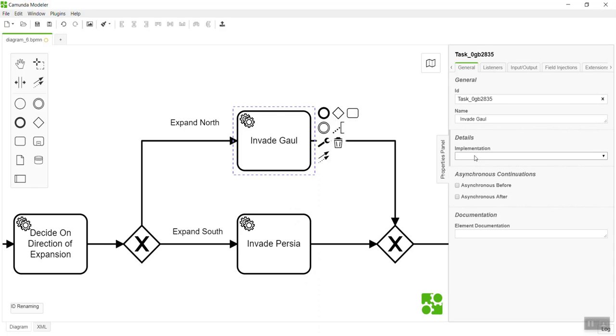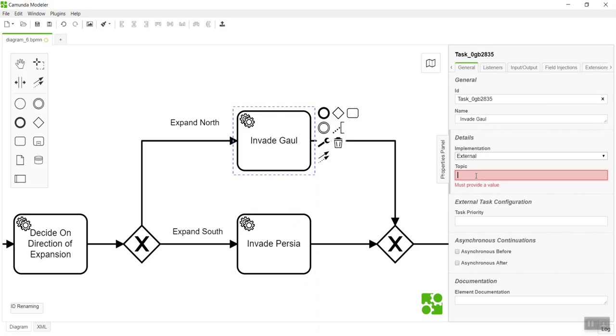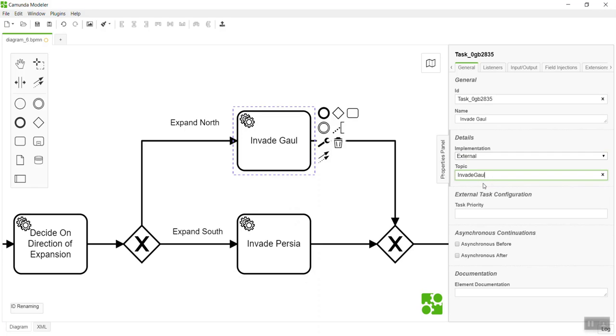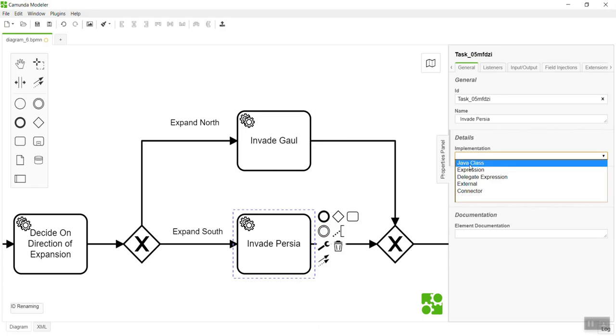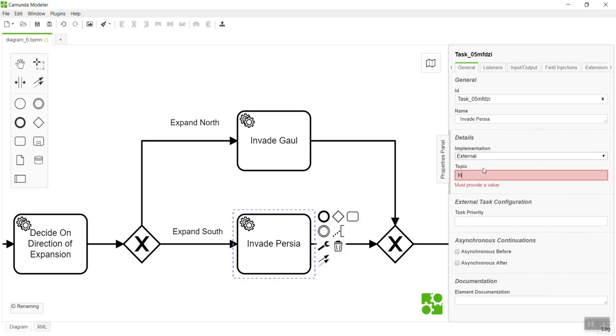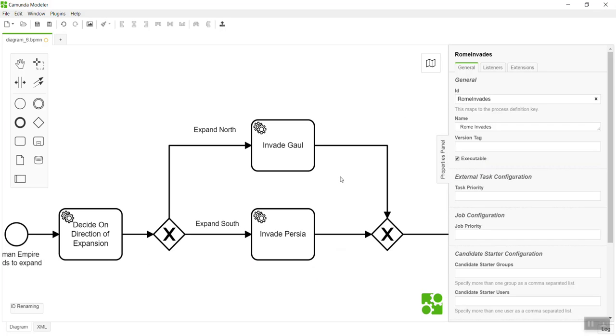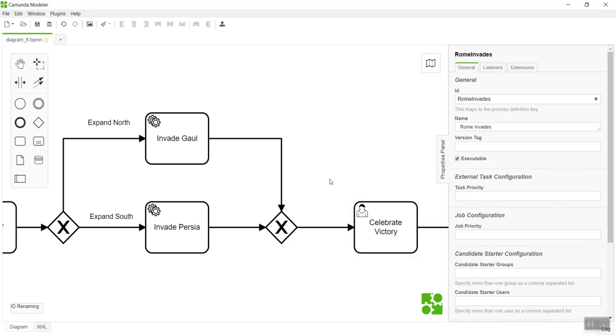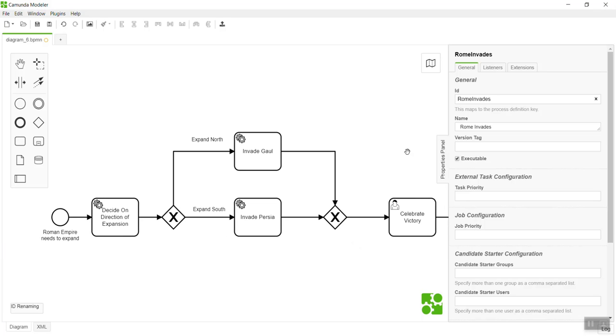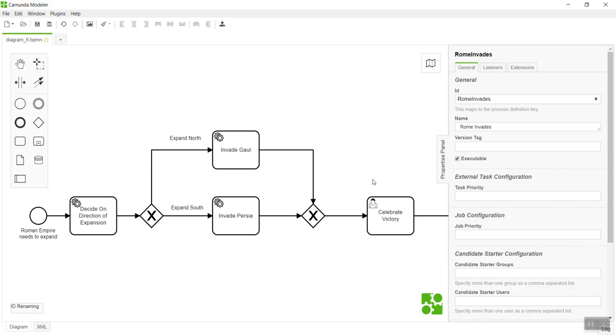Now these will also be external tasks, and they'll just be slightly different. They will have a different topic called invade Gaul. This one here will be an external task in which we invade Persia. So at the end of that, of course, they will then celebrate victory, which is the important thing to do. So we'll leave that as it is.